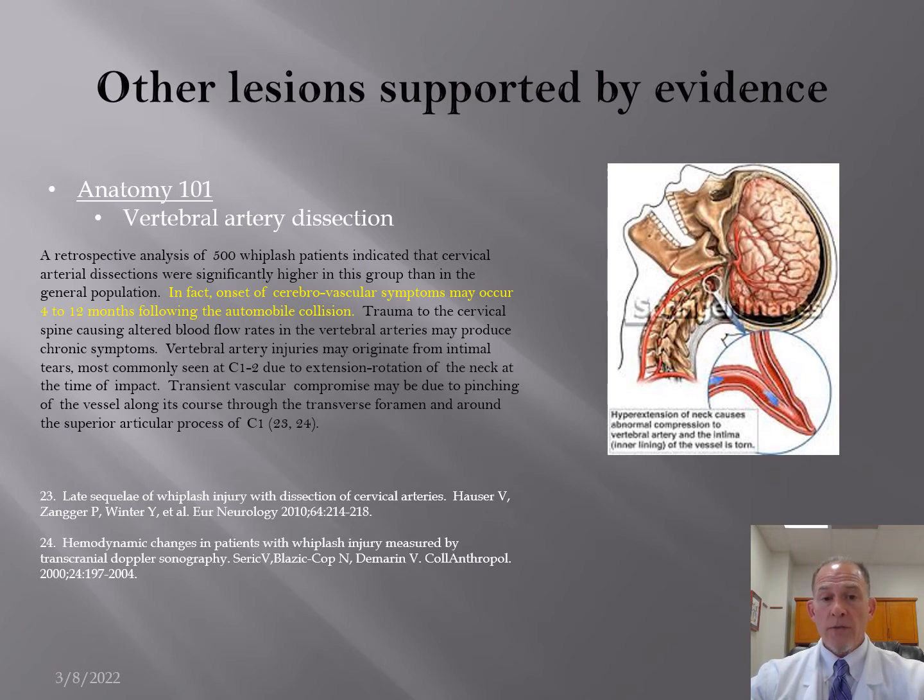So what we need to do with some of the patients that have risk factors is auscultate the carotid arteries. Okay, we need to do vertebral artery screening on them and a full examination, including cranial nerves and cerebellar testing, so as to screen them for any potential cerebrovascular involvement.